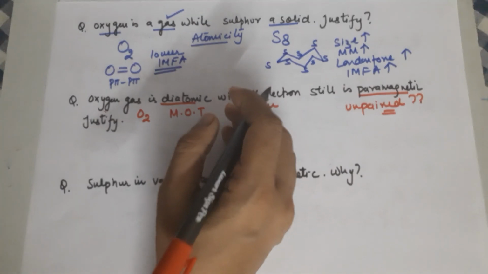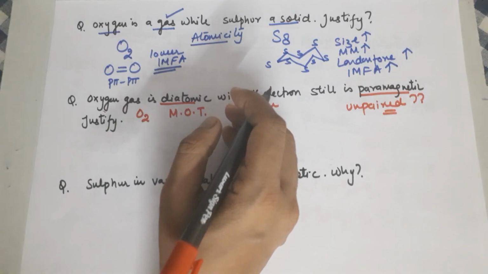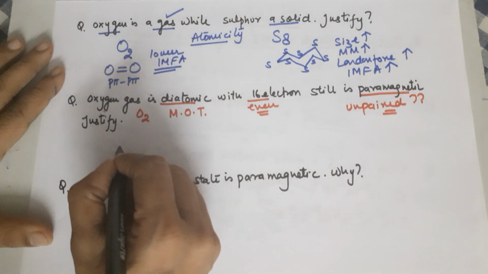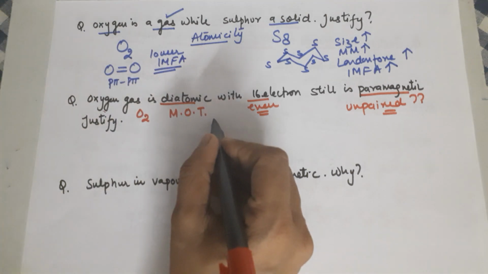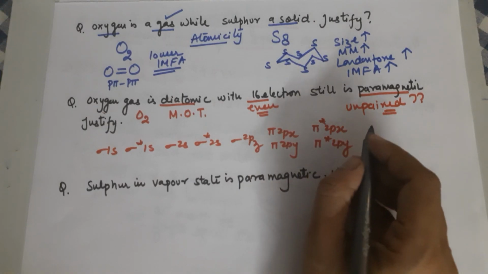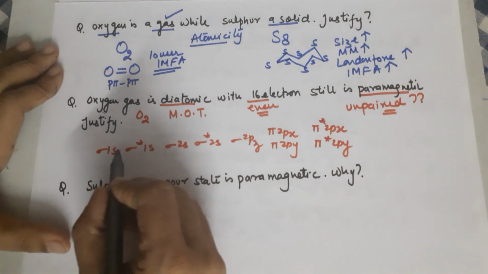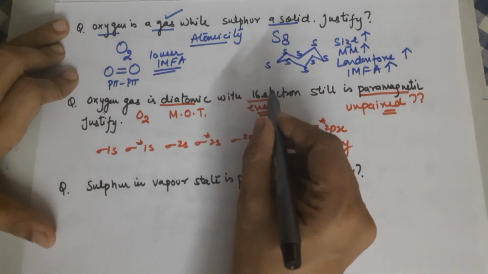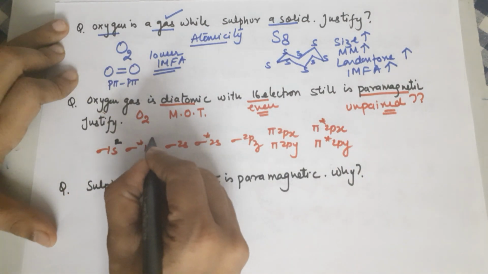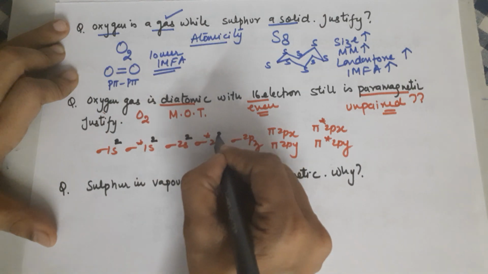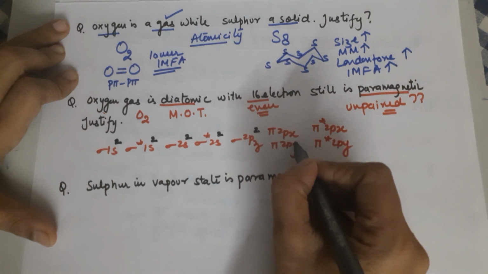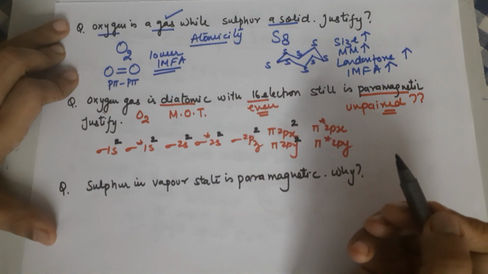So, when I talk about the molecular orbital theory, we need to talk about the electronic configuration. If you remember the molecular orbital theory, this is how it was. You need to fill electrons in the molecular orbitals. There are 16 electrons to be filled up. So, let's begin. Sigma 1s2, sigma star 1s2, sigma 2s2, sigma star 2s2, sigma 2pz2, pi 2px1, pi 2py1, and then you will pair according to Hund's rule of maximum multiplicity.